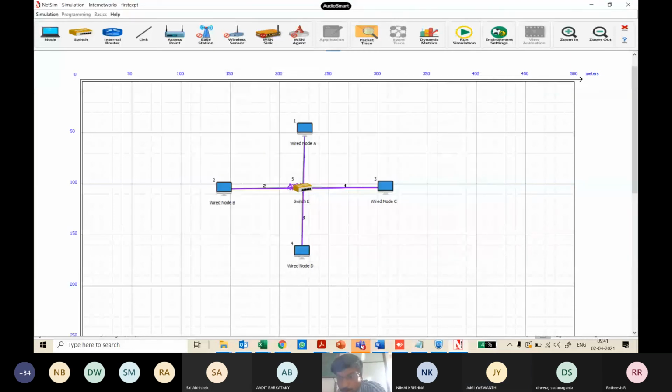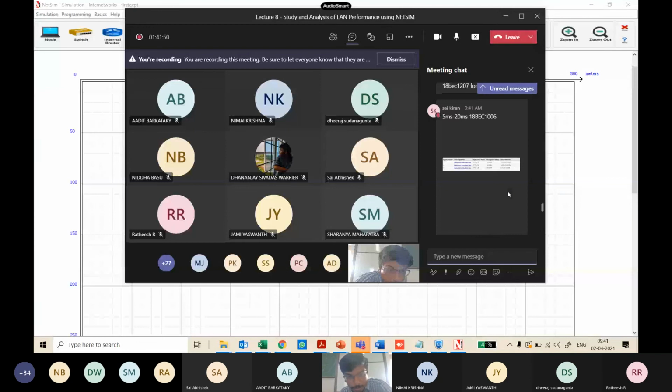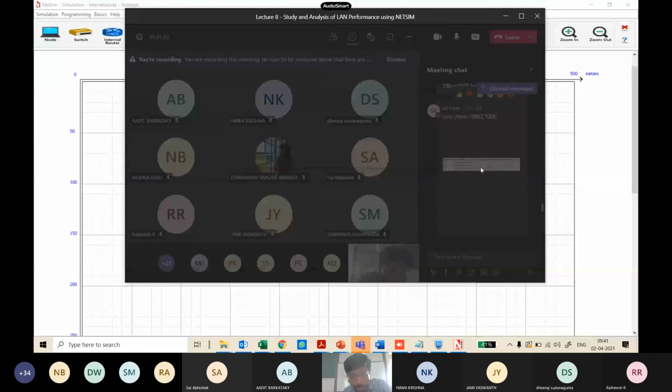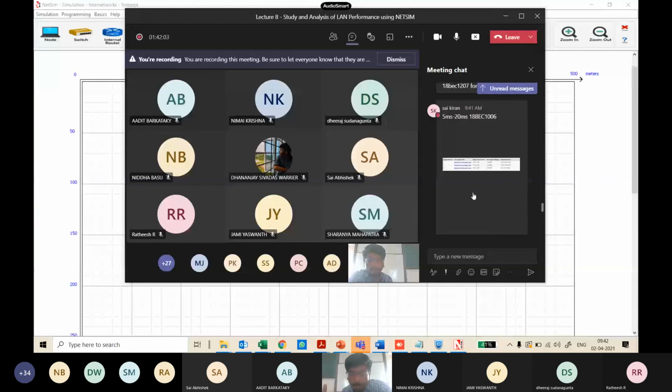I think when you are doing it, I hope you are able to look at how the throughput of the individual applications is, whether it is increasing, because everyone is generating at the constant same rate, correct? Only thing is they are generating more now in every iteration. But what they are generating is one thing, but the throughput for that application is another thing. Is it also behaving the same way? Now that's the analysis that you're doing. And as you know, at one point in 5 milliseconds, I think Sai Kiran has pasted it specifically.